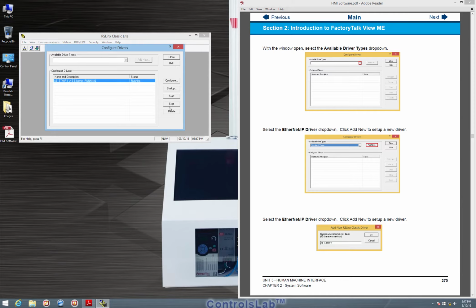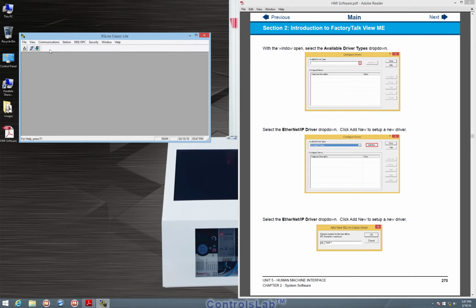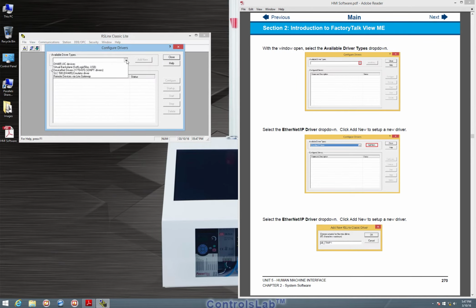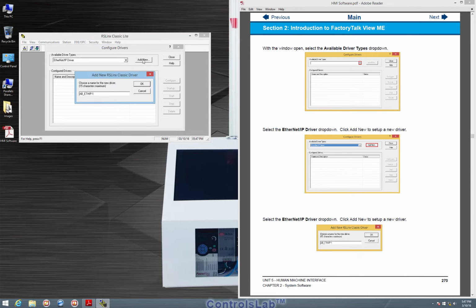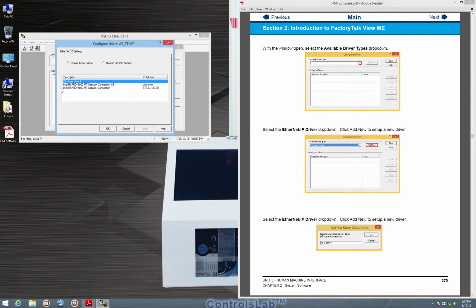I'm going to stop my current driver and delete it just to show you how to set up a new one. So for communications, to set up a new one, we just do configure drivers. We're going to add an Ethernet IP driver, add new, leave it the default name that it gives you, and select browse the local subnet,